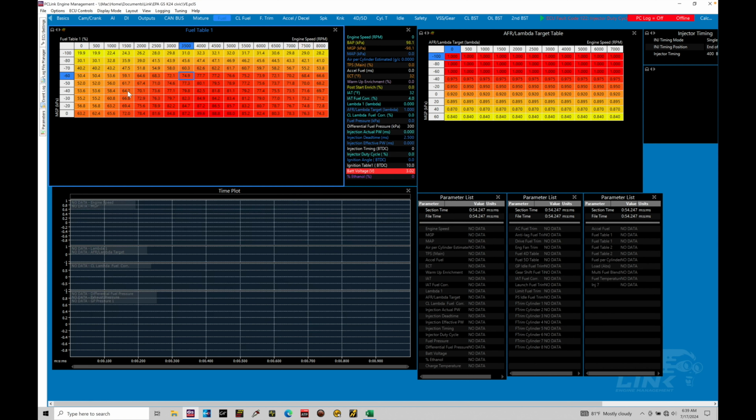We want to express the estimated airflow correctly to the link. We don't want to bake in bad injector data. So in this tutorial, I'm going to show you a couple examples of bad injector data for both flow rate and latency. We're also going to learn how we can look at some log data at idle and even at full throttle, and use an Excel spreadsheet calculator to do a logical check on the values coming